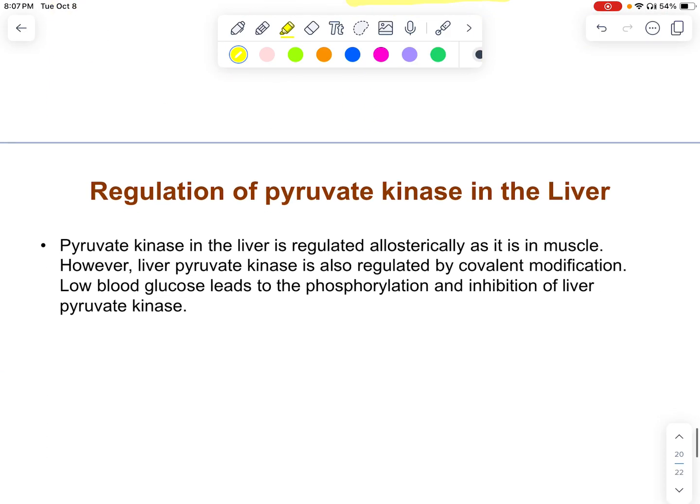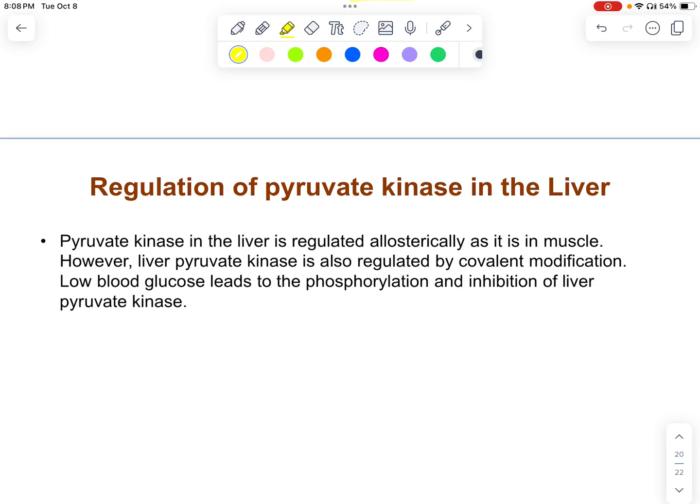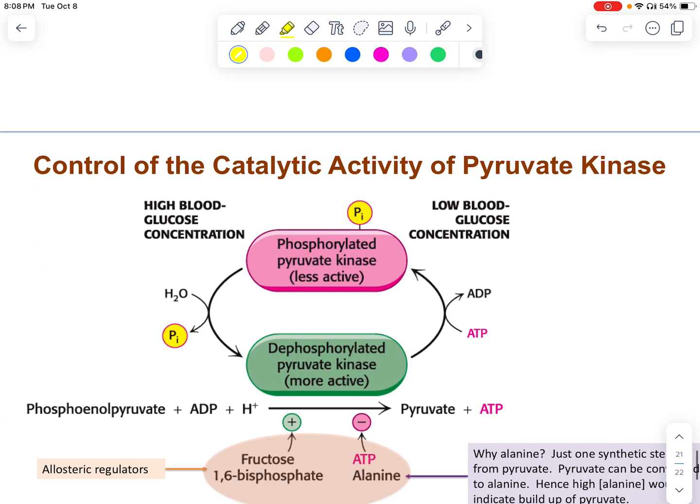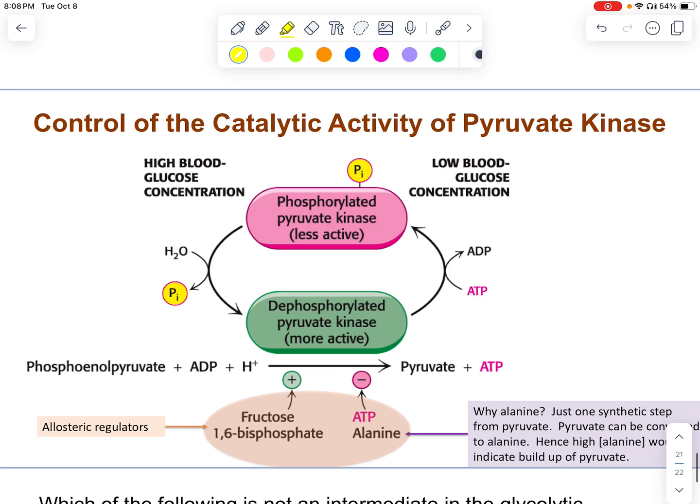All right, let's talk about reaction 10, the pyruvate kinase regulated reaction. The pyruvate kinase reaction in the liver is regulated allosterically, as it is in the muscle, but it's also regulated by covalent modification. So we're going to look at that. When we look at this,